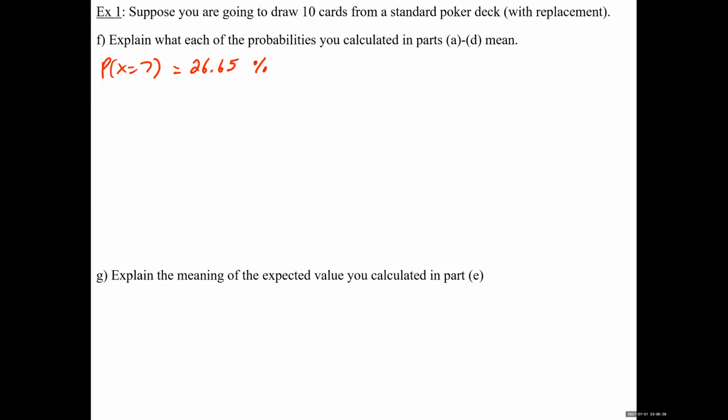Let me explain the meaning of this, and everyone just listen to it, then I'll write it down. What does this mean? Remember, when you explain the meaning of a probability, you got to say if you do something many times. What are we doing in this problem? We're drawing a card 10 times, right? So we're drawing 10 cards from a deck of cards. You got to say if we do that many times. Sounds a little bit weird. If you draw 10 cards from a deck of cards many times,